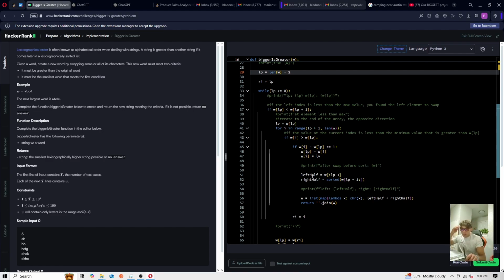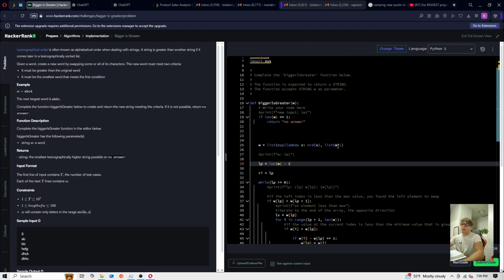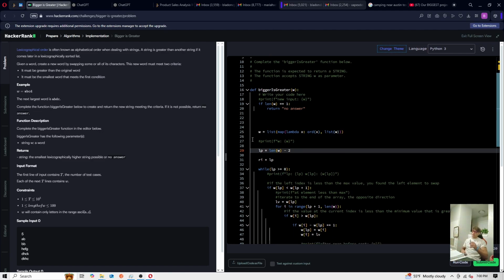So the solution goes, basically, you start at the end of the array, or the end of the string, but we convert it to an array. You start at either the end of the array or the end of the string, whichever one you choose to go with. I couldn't tell you if one matters or not. And you move left until you find an index where the left index is less than the right index. And if you're thinking about why you would do that, it's because